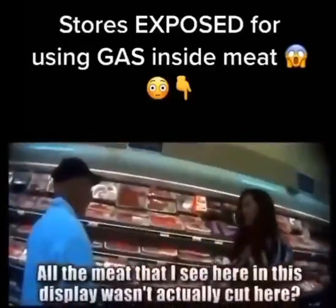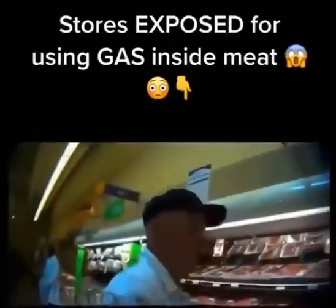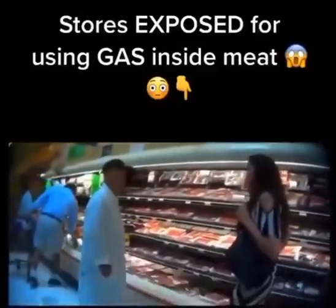All of the meat that I see here in this display wasn't actually cut here. No. None of it's cut here. Nope. Do the customers really know that there's gas in some of this packaging? I don't